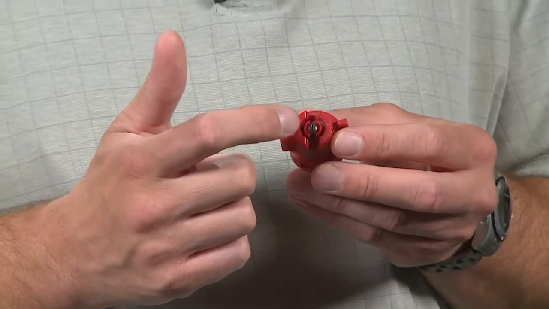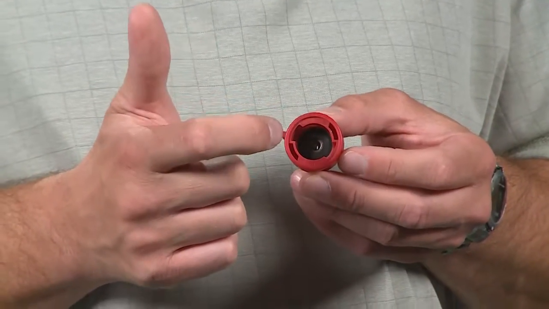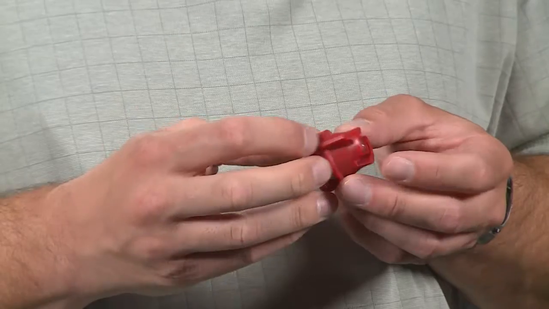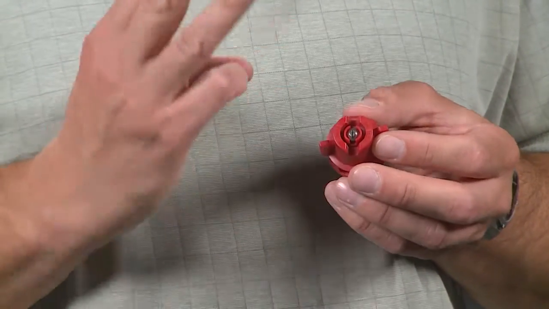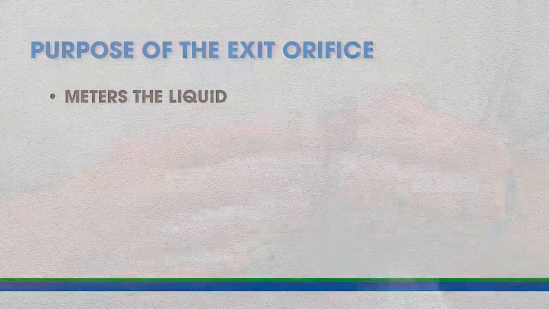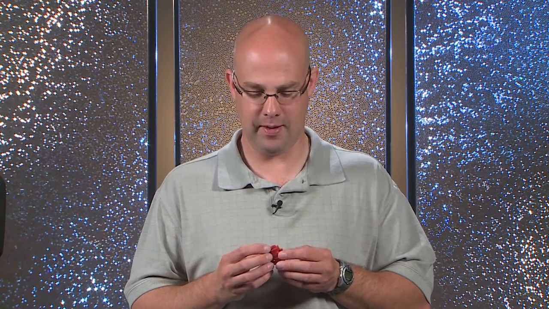The first one we're going to discuss is the extended range flat fan nozzle. Now the extended range flat fan nozzle has a single exit orifice on it. So if we flip this nozzle around, look at the back here, the spray enters the nozzle this side and then travels through the nozzle and leaves through this exit orifice. This exit orifice does three things for us during the application. First of all, it meters the amount of liquid coming out of the nozzle. So the flow rate from this nozzle, measured in gallons per minute, is dependent on the size of that exit orifice. The bigger the exit orifice, the more spray is released. The smaller the orifice, the less spray is released.